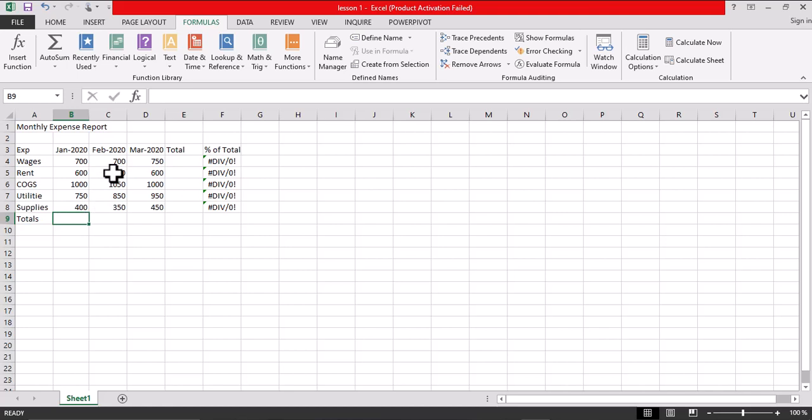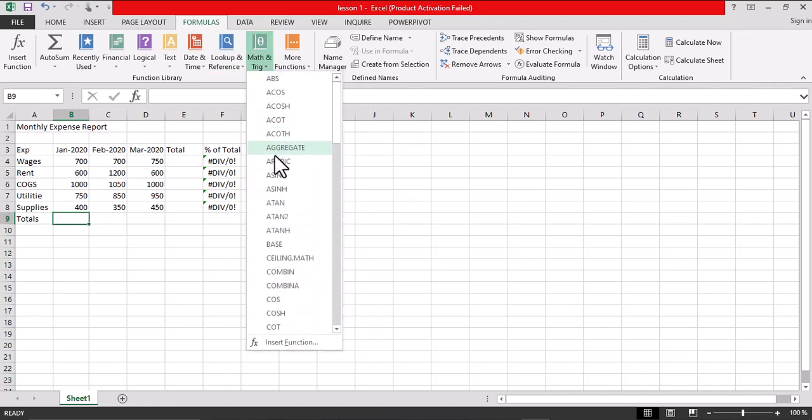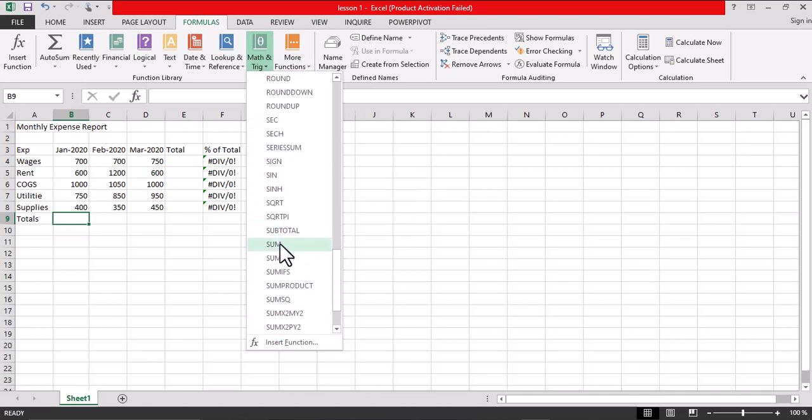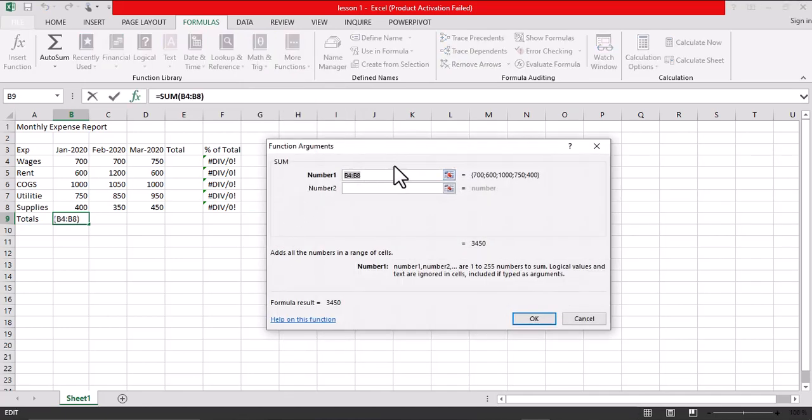The first one, we are going to do it via the formulas bar. So go to the formulas tab, and the sum function is found in the math and trig. So click on this drop down menu and scroll down to where you can find the sum here. Give it a click. So for this one, you can see Excel already highlights the range where we are supposed to sum,